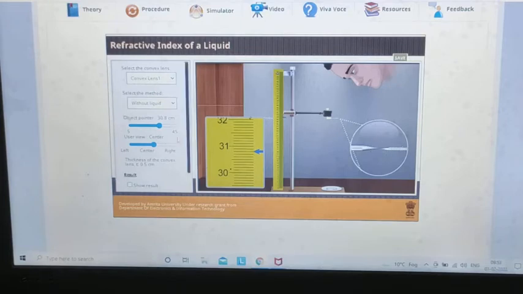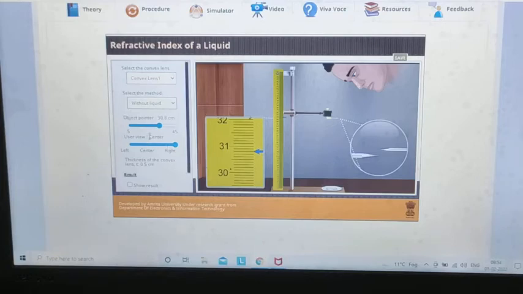But whenever you move this down, you can see the object is going somewhere and the image is going somewhere else. This is known as parallax, and we have to remove it. It means we have to find a situation where these two needles move along with each other when we move the user view. With our eyes, the locations of image and object should not change, and their tip to tip image will move along with each other.